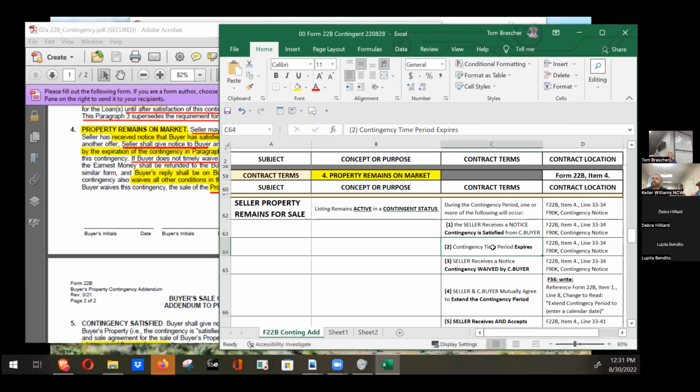Another thing that happens is the period could expire, in which case 22B, this is on line 33 and 34. We have a 90K, it expires. I want to get my earnest money back. It's terminated. Third thing that could happen, the seller receives a notice that contingency waived by the contingent buyer. So in this case, a 90K, we're going down that